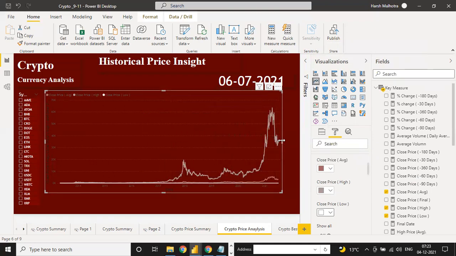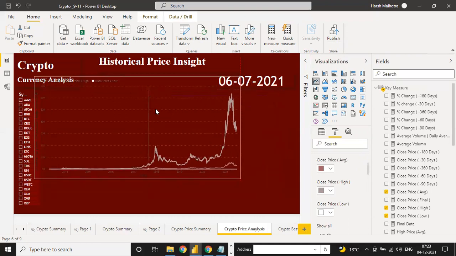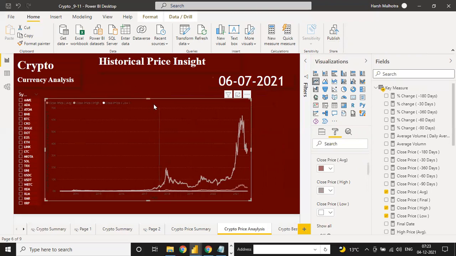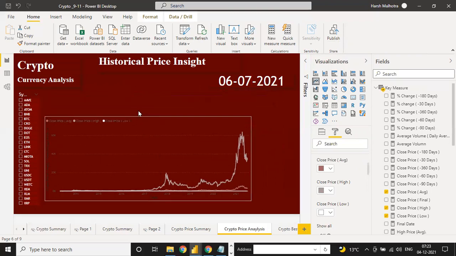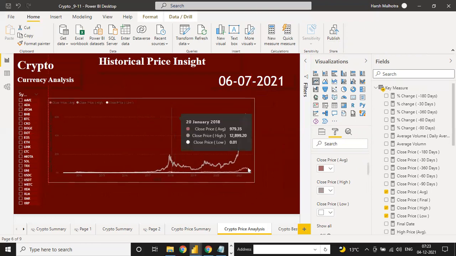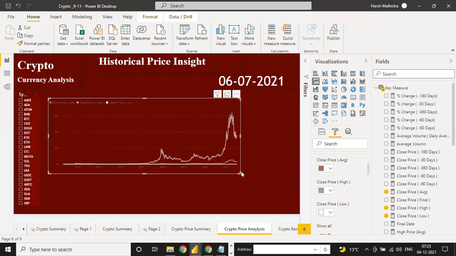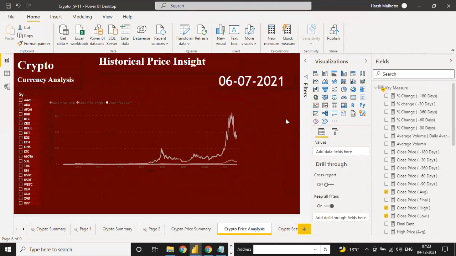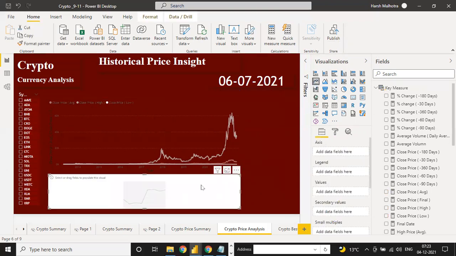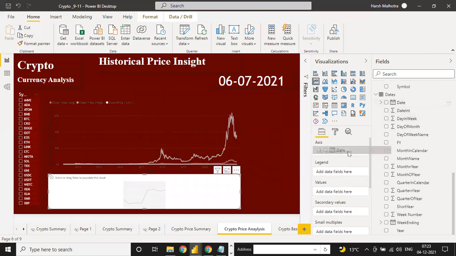And if you go a little down on this line chart, go a little up, make it small, because we don't need it complete. It is small. And now in the same way, you have to put another line chart here. Okay. And just put on the axis, you have the date value.